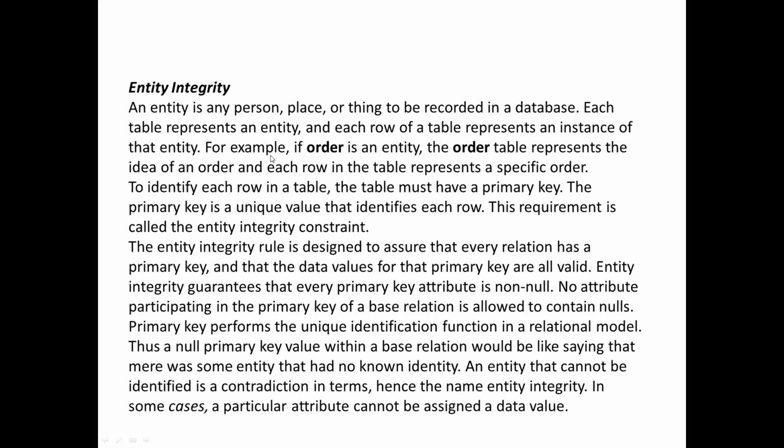Entity integrity guarantees that every primary key attribute is non-null. All right, it makes it clear that the primary key